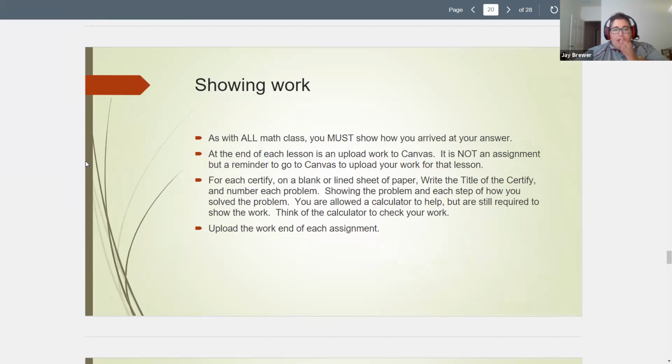Showing all work. As with all math classes, you must show how you arrived at your answer. At the end of each lesson, it is important that you upload your work to Canvas. It is not an assignment, but a reminder to go to Canvas to upload your work for that lesson. For each certify, on a blank or lined sheet of paper, write the title of the certify and number each question, showing the problem and each step of how you solve the problem. You are allowed a calculator to help, but are still required to show the work. Think of the calculator as checking your work. Upload the work